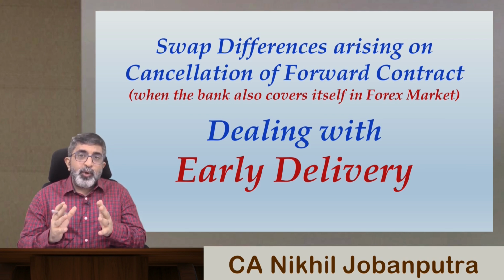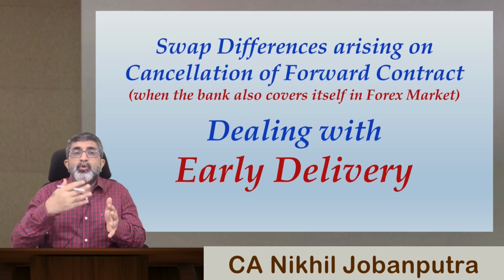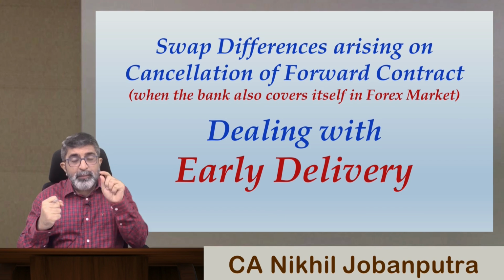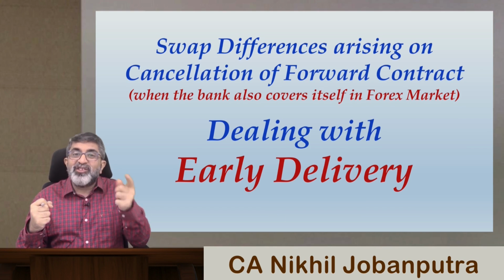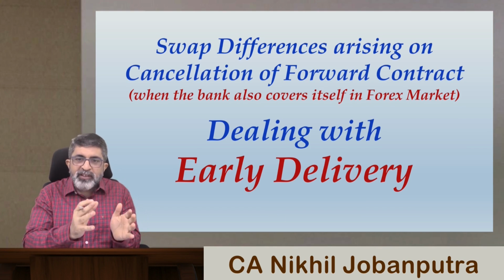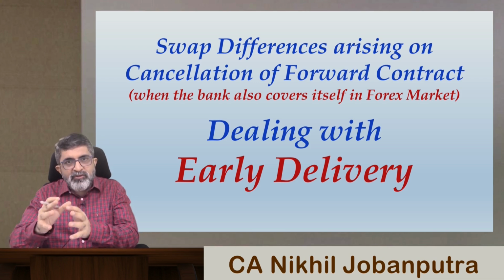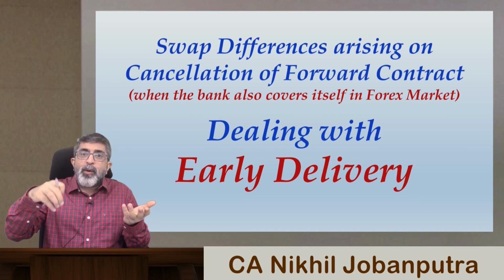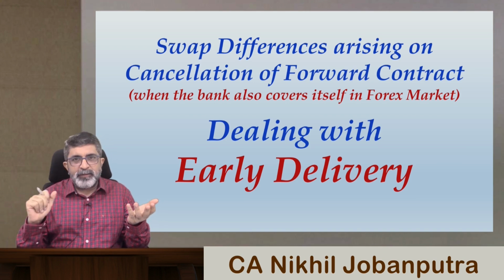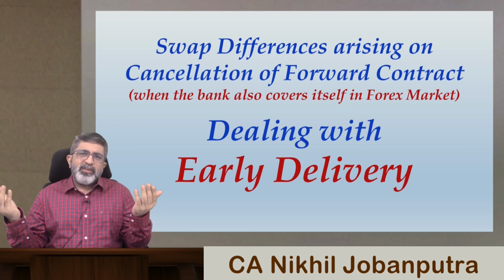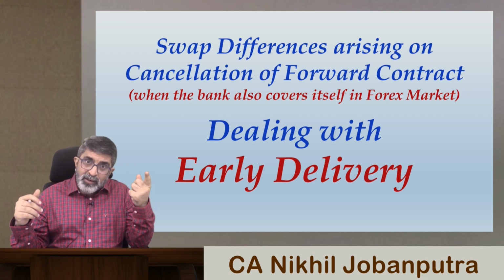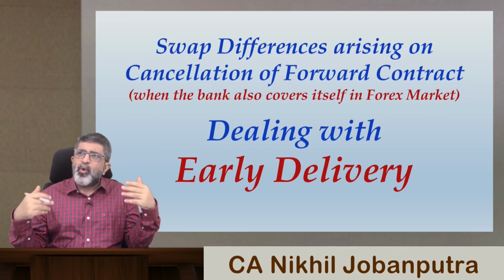So what do exporters generally do? Exporters enter into a forward contract to hedge their receivables. Correct? Here I am not saying hedge their liability, hedge their receivables. And how do they do that? By entering into a forward contract to sell foreign currency. Now suppose in our example, the exporter is giving 3 months time to its customer, the overseas buyer or overseas customer.